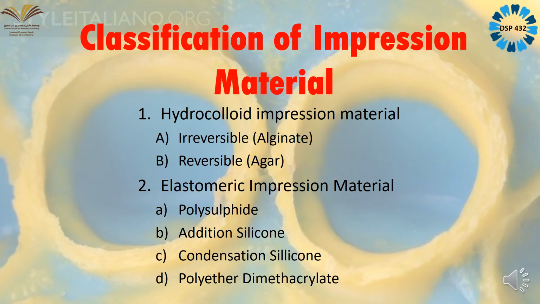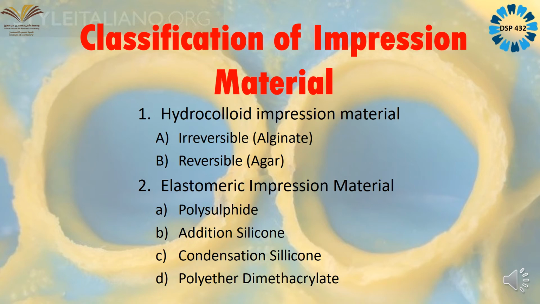So it is better whenever you are using alginate, make a habit of reading the mixing time, because we have 3 times. One is your mixing time, second is your working time, and third one is your setting time. Though we know what the setting time, working time and mixing time are, it is still better to read the company instructions, because every company has a different working time and setting time. Usually it is common, but make a habit so that you are aware of the working time, the mixing time, and the setting time of this material.